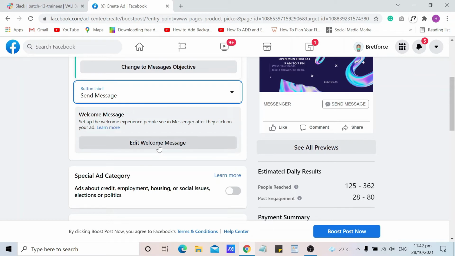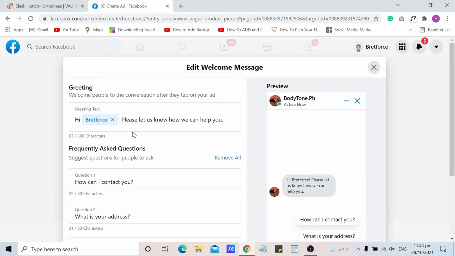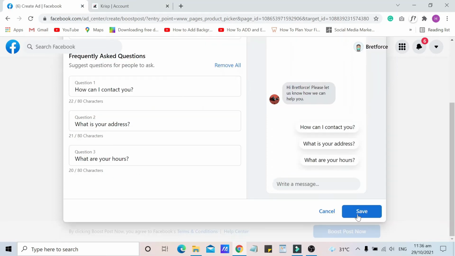Just click this edit welcome message button. And after inputting the welcome message, then click save.